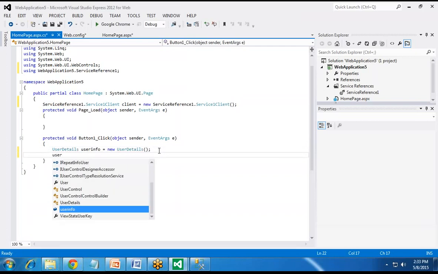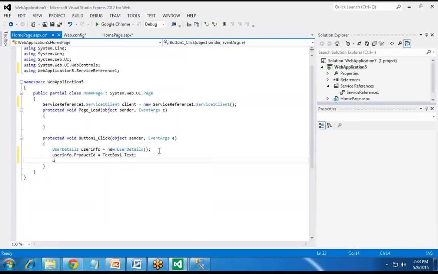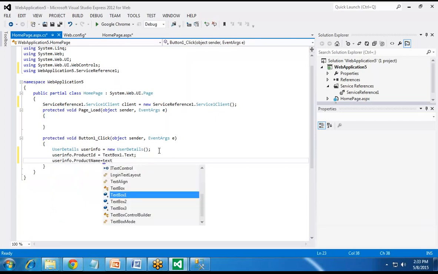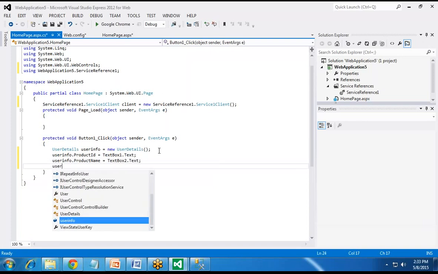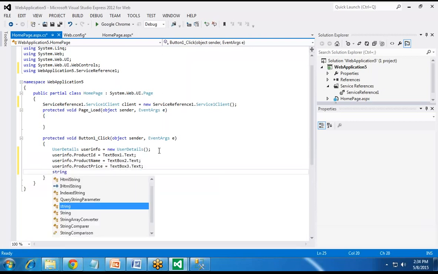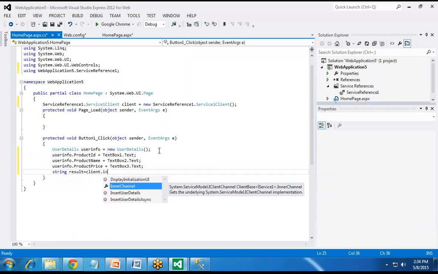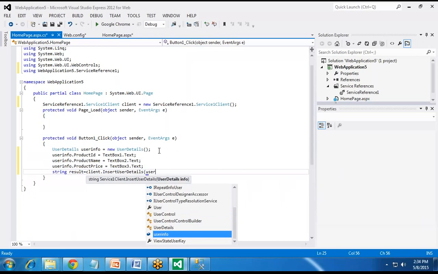Then userInfo.ProductID is equal to TextBox1.Text, userInfo.ProductName is equal to TextBox2.Text, userInfo.ProductPrice is equal to TextBox3.Text, and then string result is equal to client.InsertUserDetails(userInfo).